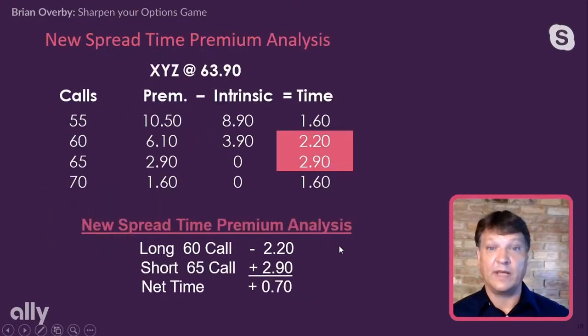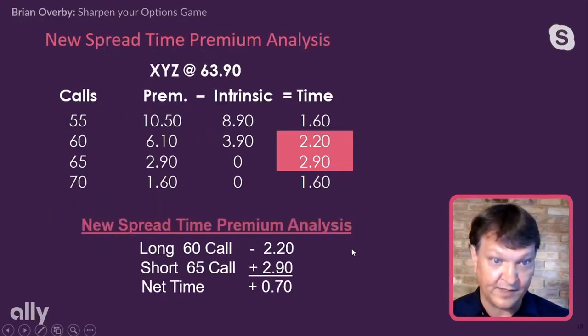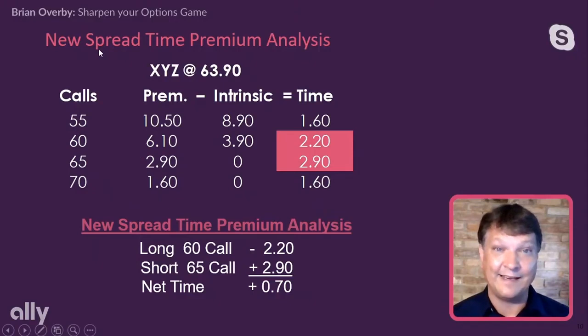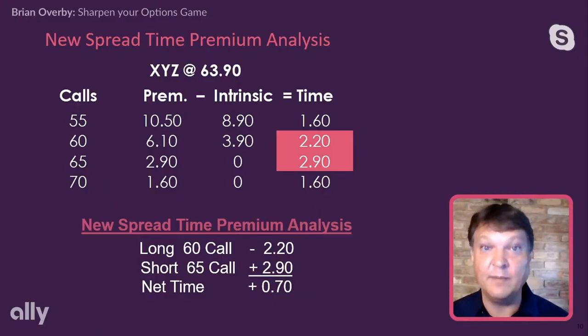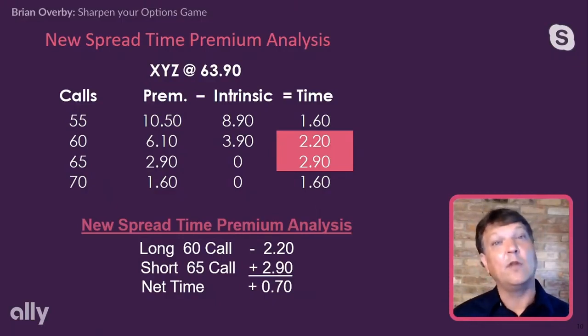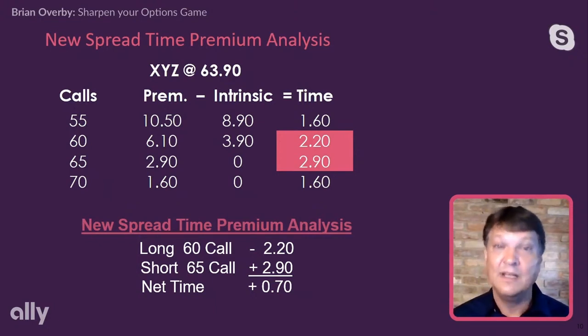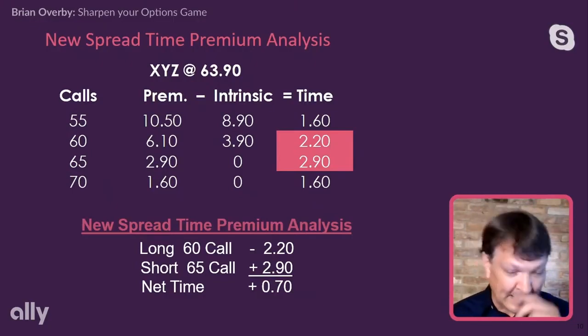All right. So if we look at the time premium analysis, this is the new spread. That's how I highlighted it on our slides. The time premium analysis here, now it's not a negative number anymore. It's a positive number. Why? Instead of selling 160 worth of time premium, we're selling 290. So now we're actually paying a debit for this trade, but one of the biggest downsides of long option traders is their susceptibility to time premium erosion as expiration approaches. Or, to say it very layman-like, is time decay.